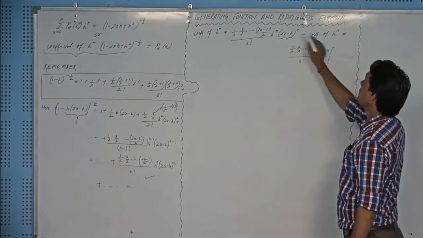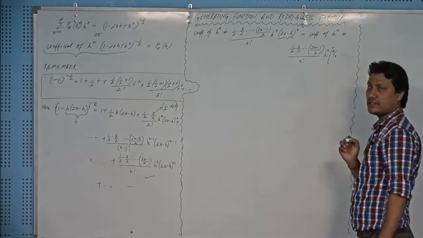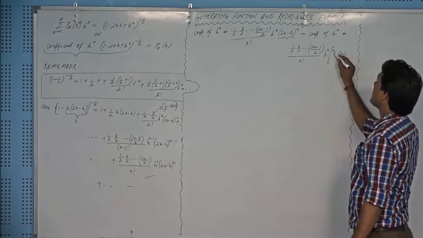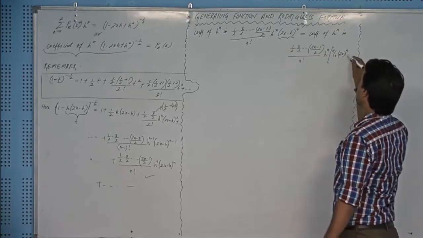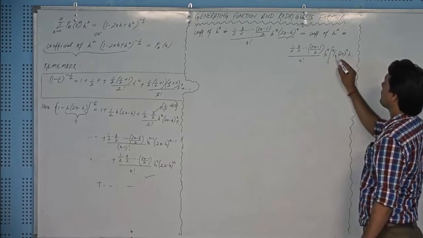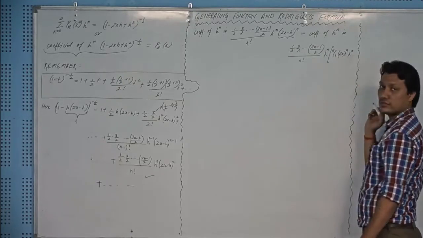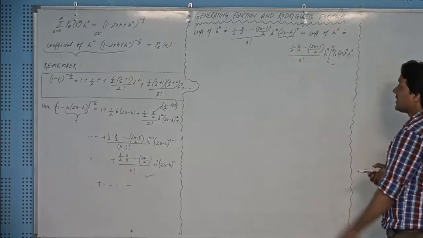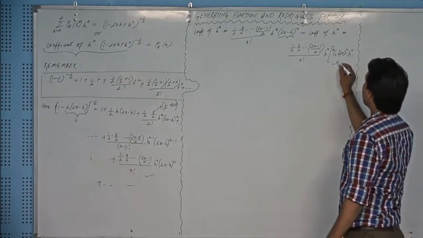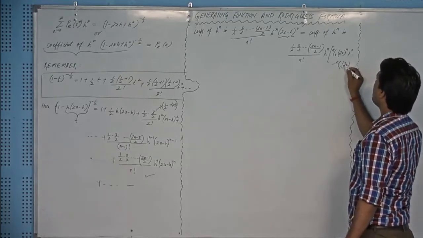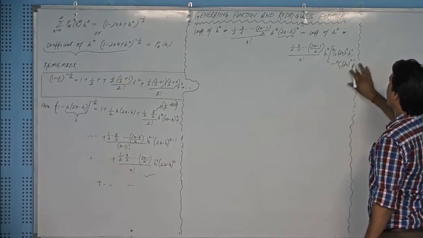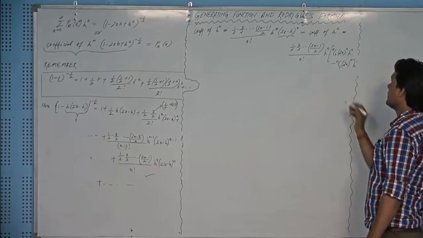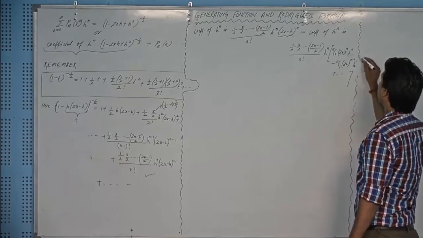The expansion in this way, since the power is n, the first term will be nc0, right? See the first term inside the bracket, that is 2x to the power this minus this, n minus 0, that will be n, right? See the second term, that is h, and h raised to the power this index, that is 0, right? The second term will contain negative sign, since the exponent is positive and the sign inside the bracket is negative. So second term will be nc1 2x to the power this minus this, n minus 1, and h to the power this lower index, right? And then so on. I am not writing all terms